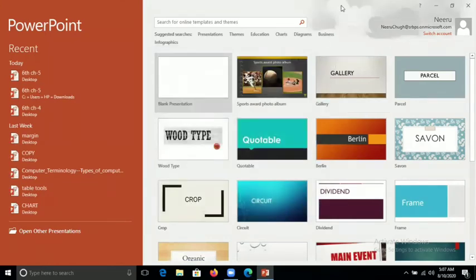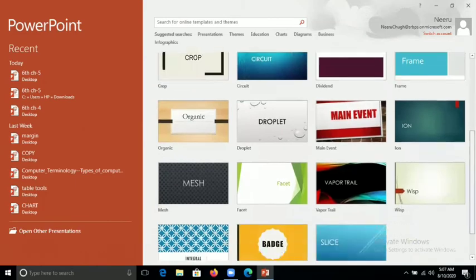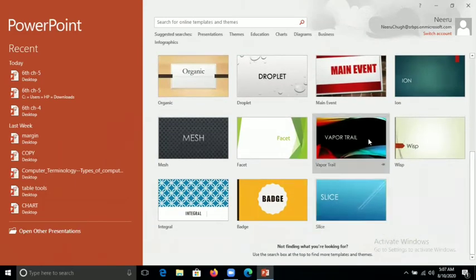When you click on PowerPoint 2016, you can see recent files. In the left pane, recent files will show. At the right pane, you can see blank presentation. By default, it is blank presentation. Means if we want to create it ourselves, we can take blank presentation. These you can see here are the predefined templates, or you can say inbuilt templates. According to your requirement, you can take any presentation.